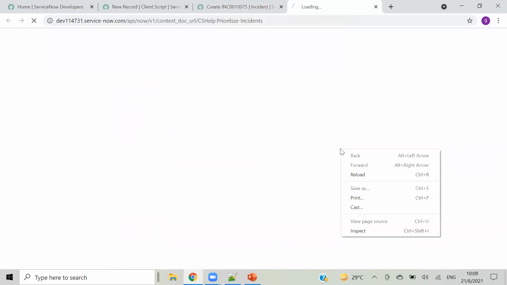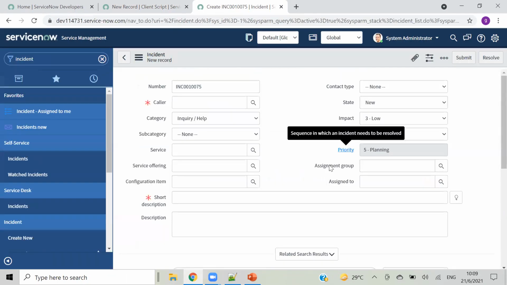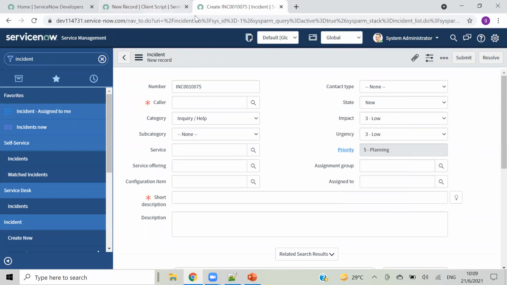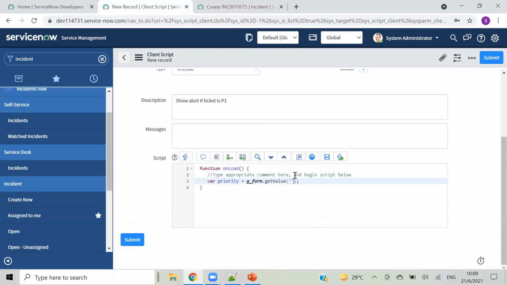So priority is the field name, background name. So priority. Okay. If priority equal to 1, which we have done last week also, then I have to show an alert. This ticket is critical.